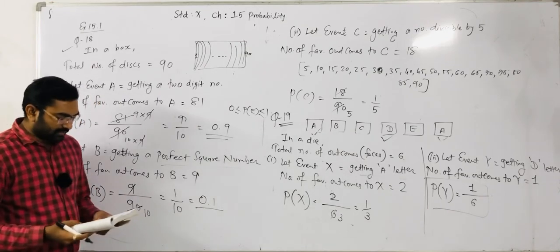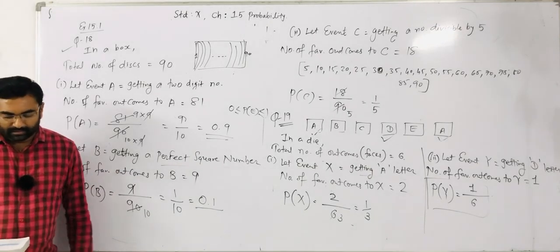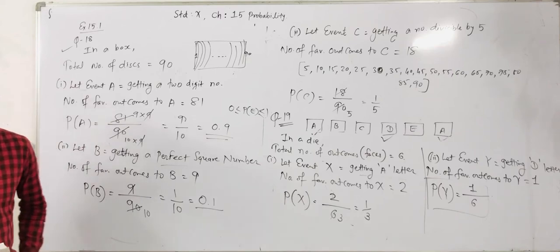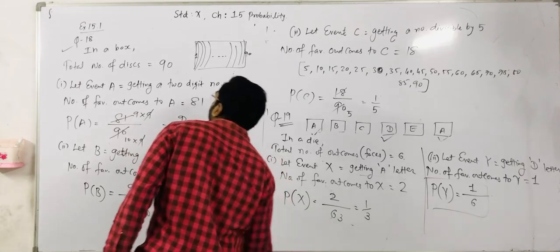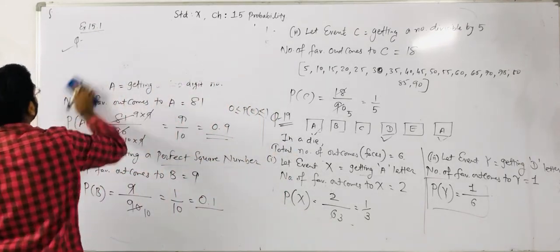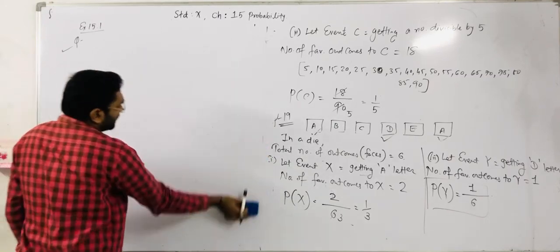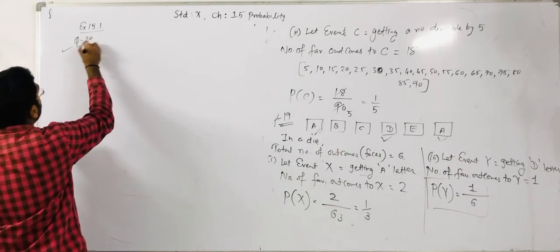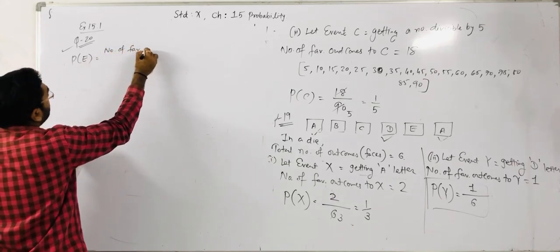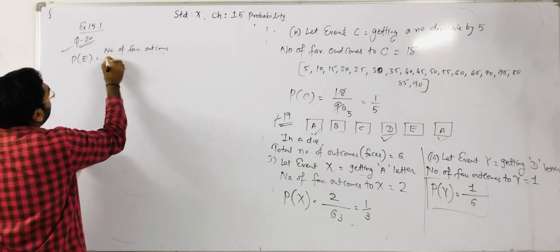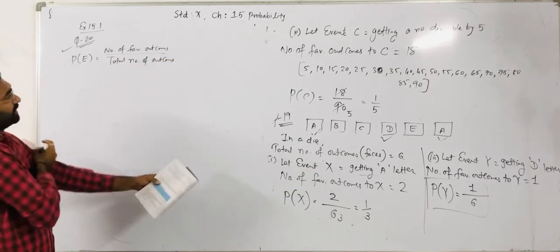Okay. Now see question number 20. This is a geometrical probability sum, and there is a star given. It means question 20 is not from the examination point of view. That thing is mentioned. Okay. But in a short method, I will explain question number 20, if anyone asks how to solve. See, as we represent probability of any event, the number of favorable outcomes we write in the numerator and total number of outcomes we write in the denominator. Right? That is our probability of any event.